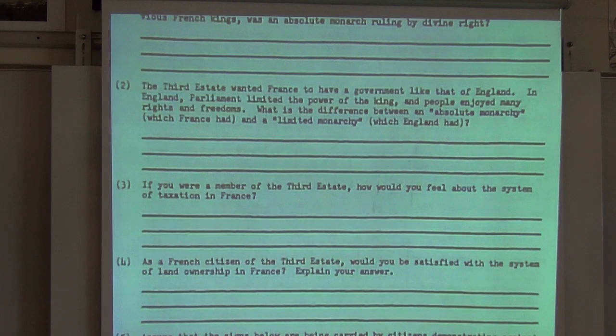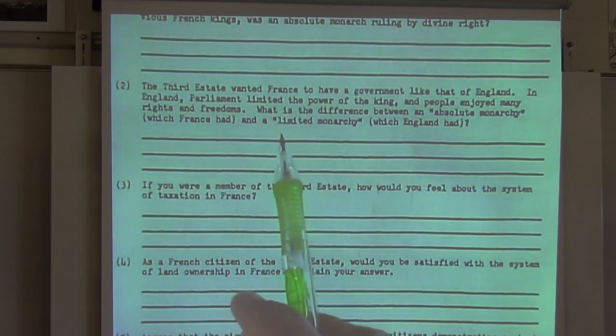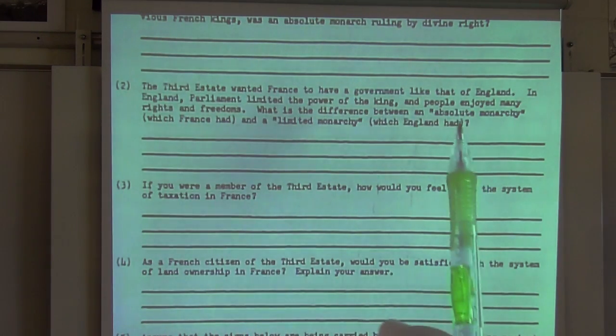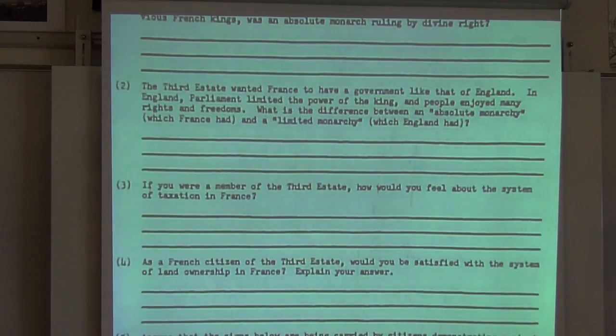The Magna Carta was a document signed in 1215. Okay, we're talking about 550 plus years before the French Revolution, in which the English nobility basically said the king's out of control. The king is arbitrary. The king is whimsical. All right, so we're going to write a document that limits his power. Whereas in France, he still had absolute power. All these Louis had absolute power.